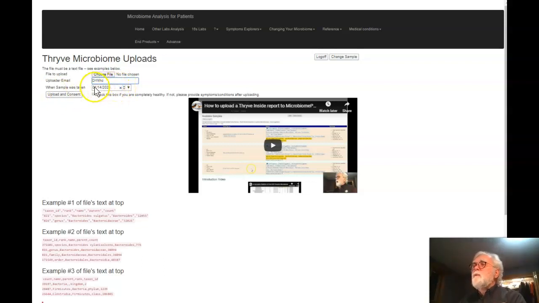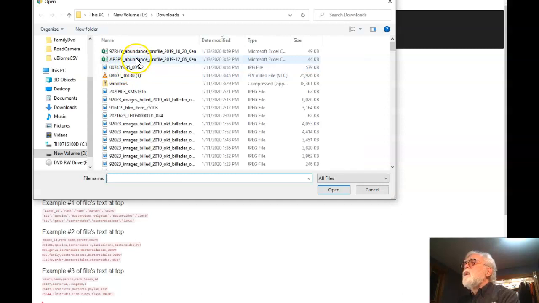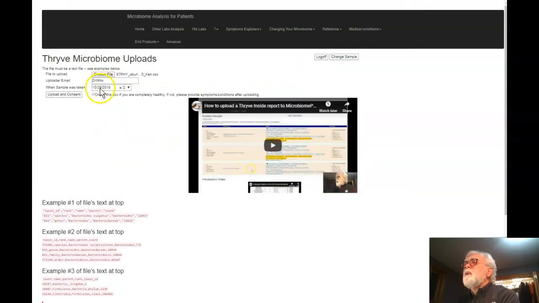And here we have the date, and generally you want to put in the date the sample was done on, if you remember it. If you don't, you can change it after the upload. And now we choose the file, and the file is there, and it's 1020, so I select that one, and I go and correct the date so it's consistent, so that when you look at a timeline of different samples over time, you have consistency there. Okay, upload and consent,